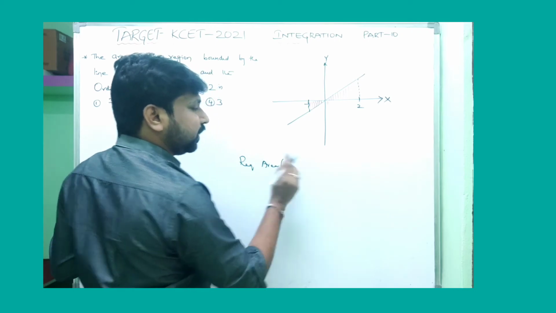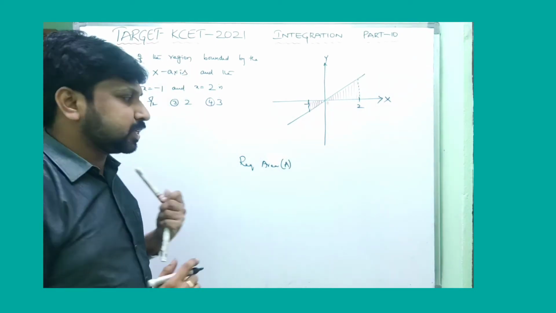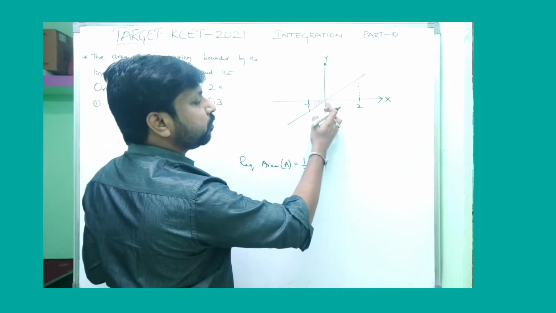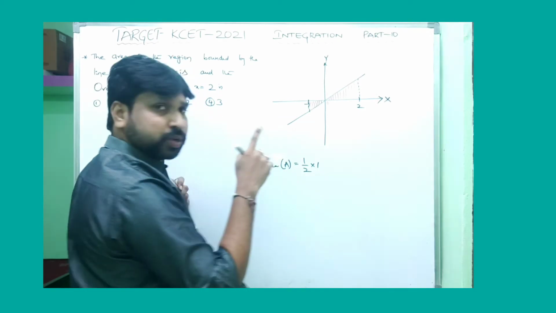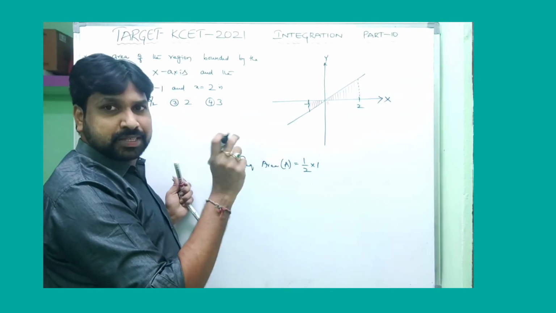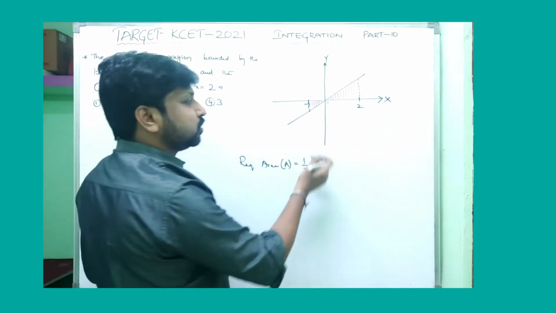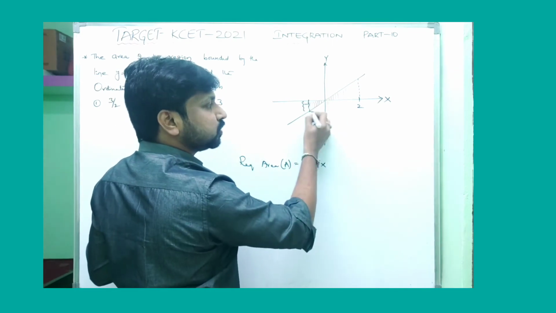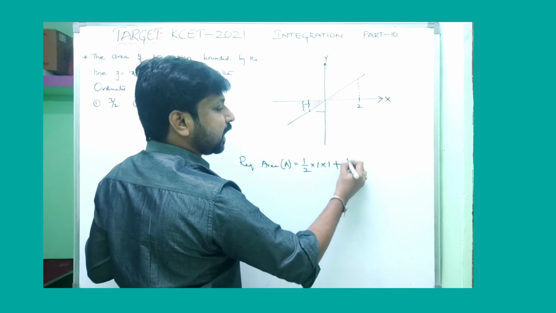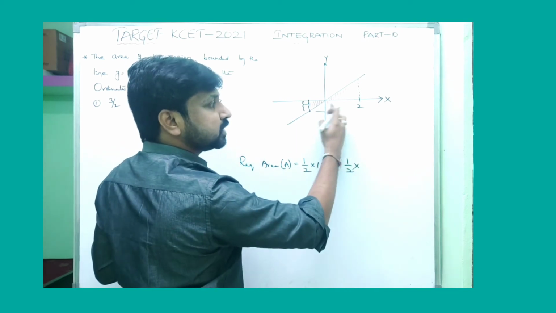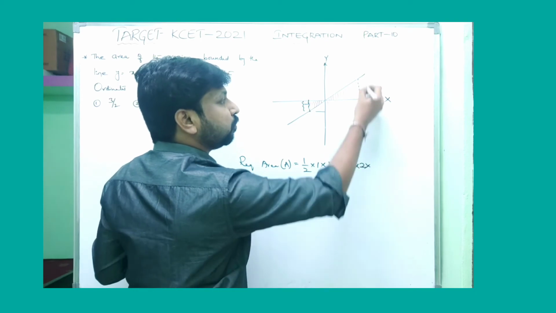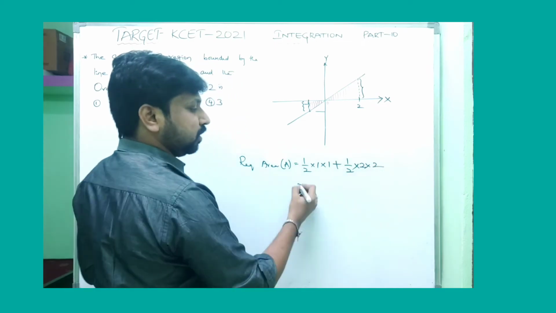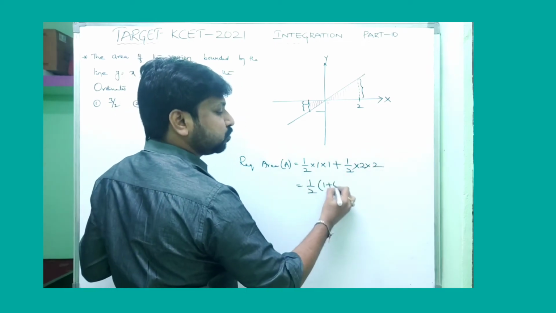I am not going to use the integration method. I am going to use the second shortcut method, that is half into base into height. Half into base. Base is how many units? 0 to 1 means 1 unit. You are not supposed to consider negative values, because these are distances. I am going to calculate as distance. So base distance is 1 unit into height. What is the height of this one? Of course, this is also 1 unit. Plus half into, what about the base for this? This is 0 to 2, meaning 2 units distance. And what about this height? x equals 2 means y is also 2, so this is also 2 units. Then 1 by 2 is taken common. 1 plus 2 into 2, 4.